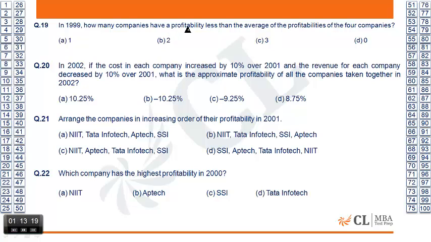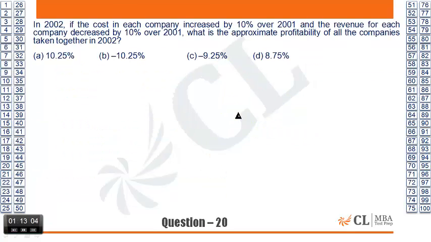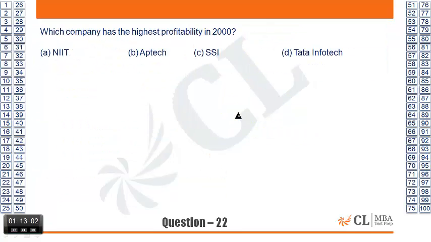How many companies are profitable less than the average? Increasing order of profitability. So I basically have to do division. And the numbers are bad. Can be done. A bit painful, I think. But worst come to worst, we can always divide. Okay, this can be done.